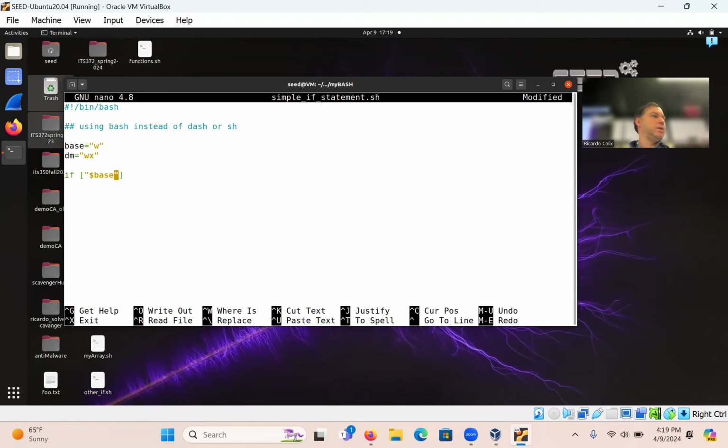So you can see this here, equal Z, I'm going to make this uppercase Z. So I'm just saying if, and in bash, square brackets again, $dm, which is the other variable being referenced by $, equals x, semicolon, then.